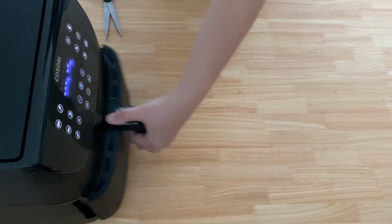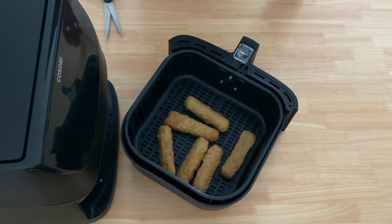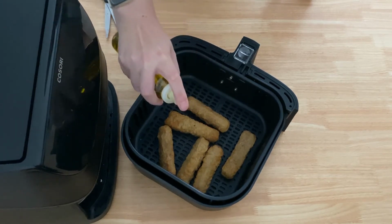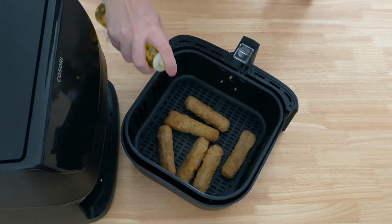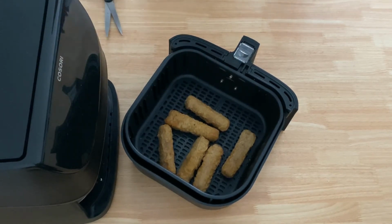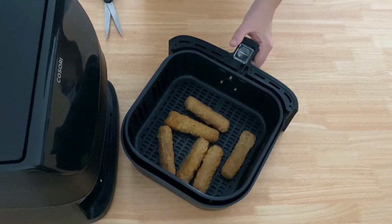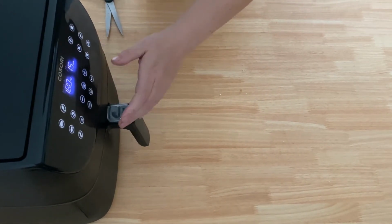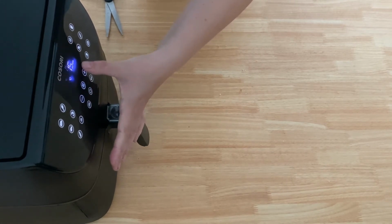Right, so these are the sausages so far. I'm now going to spray them with some extra virgin olive oil. What this does is makes them super crispy, just like you would expect if you bought them from the fish and chip shop, but at the same time you're still on a serious calorie reduction just by using a little spray in comparison. Now you want to put them back on, and now you want to adjust the temperature